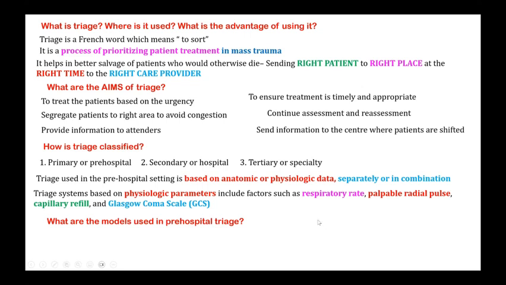Okay. Earlier there were models which were called stay and treat and scoop and run. In the older method of triage, stay and treat means you start the treatment at the site of injury or the trauma accident spot itself, like starting an IV line, intubating the patient, stabilizing the cervical spine injury. All these things were done leisurely at the accident spot itself. The other method is just to put the patient in a stretcher and ship them as early as possible to the hospital. So it was called stay and treat or scoop and run.